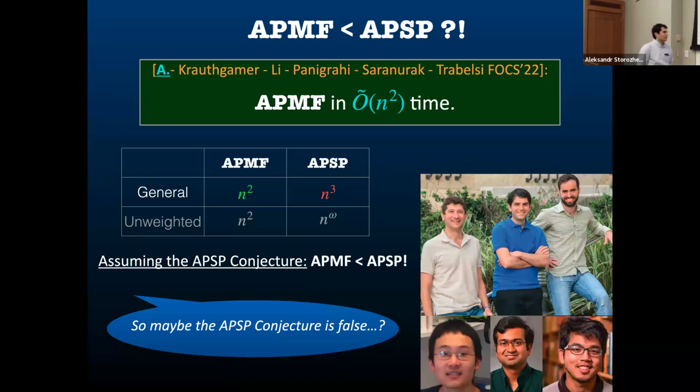So yeah, if one still can't stomach the idea that max flow is so much easier than shortest paths, then the only conclusion is to say, well, then the APSP conjecture is just false. It can't be true. So maybe that's the case, and I'll spend like the second half of the talk discussing what we might learn from this result to try to attack the APSP conjecture. So I'll discuss that later. But yeah, before I get to that, let's maybe talk a little bit more about APMF,